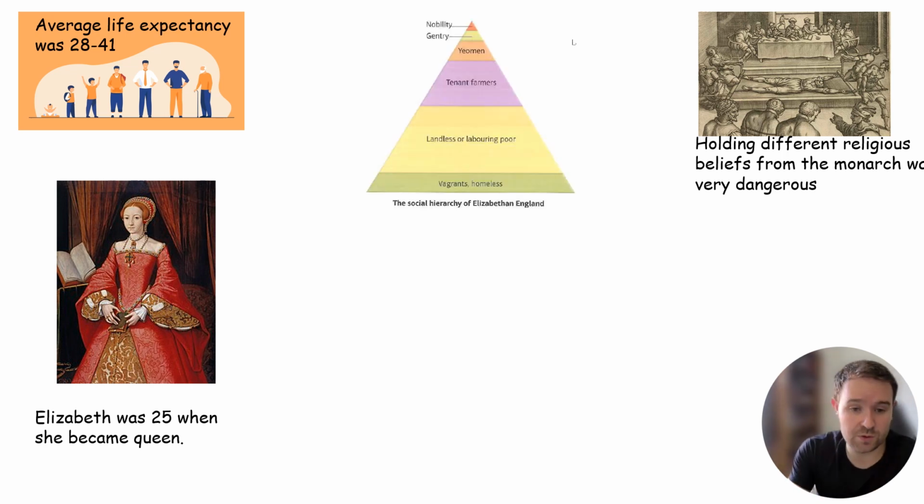There's an unequal society. We've got the nobility at the top. These are the lords who support Elizabeth. We've got the gentry, the landowning class. We've got the yeomen, who are like a lower gentry, who own parcels of land throughout England. They often give that land to tenant farmers. Tenant farmers will again work on that land. Then you have the landless, the labouring poor, and the vagrants, which will be a big part of our key